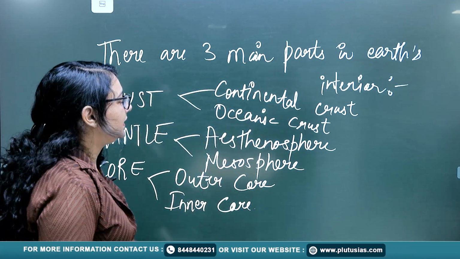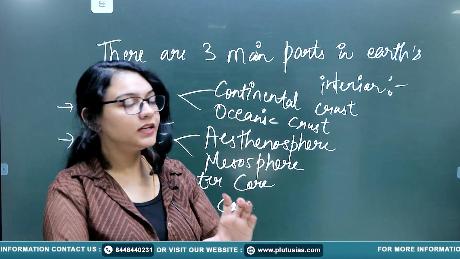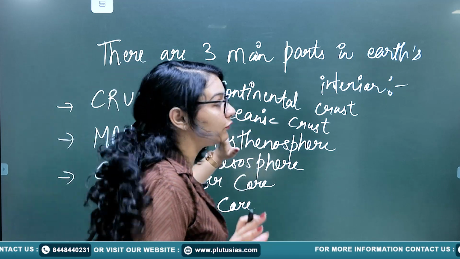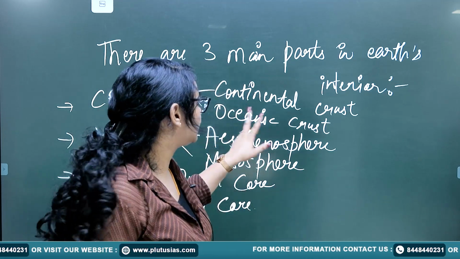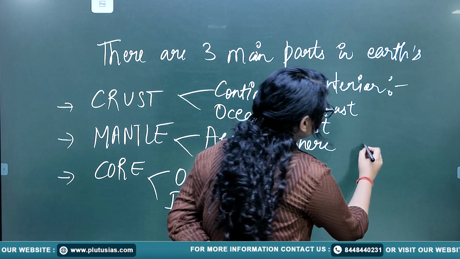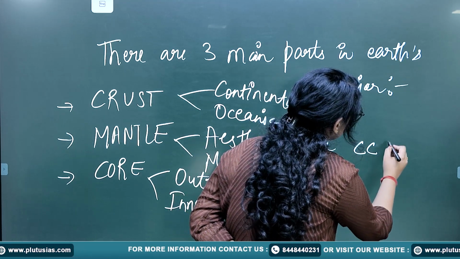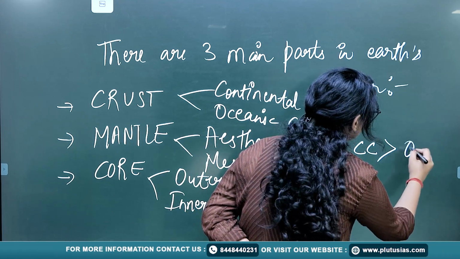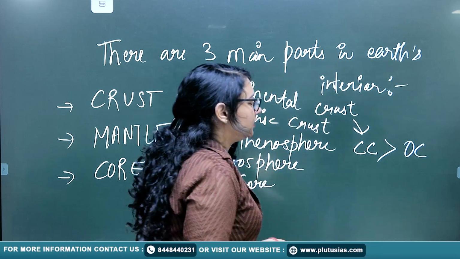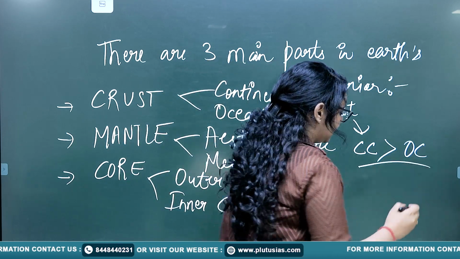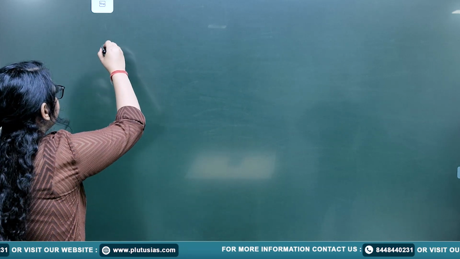Right? And if you go with the thickness of the crust, then if you compare between continental crust and oceanic crust, then for sure continental crust has more thickness in comparison to oceanic crust. Why so? That I'll let you know in the diagram, on the next page. For example, if we